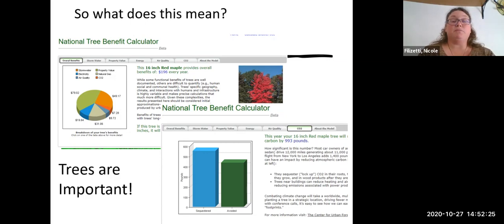Trees can be purchased quite inexpensively through the state, and you can ask me for some more information about that. But really, just anything you can do to start to plant more trees and to be a supporter of the forests that we have and sustainable management of the forests that we have in our state. You could even consider writing a letter to your city government to encourage them to plant more trees. So maybe that's a project you want to get your ELA teacher involved with at school. And don't forget to show them the information about how much economic benefit trees can provide.